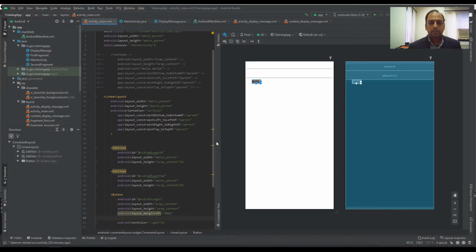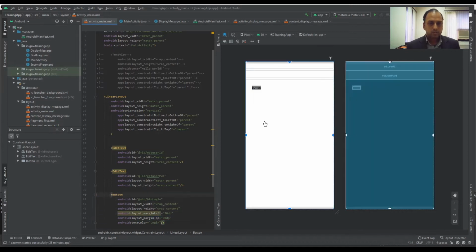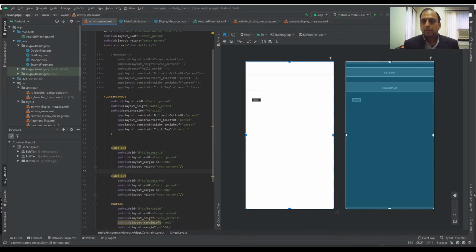Similarly, I can give a margin on the right, margin on the right 20 dp, not right, in fact it should be on top, margin on the top as well. Similarly, you can give the margin to these two edit texts as well. Okay, now we have some margins, and the objects are separated by some distance.